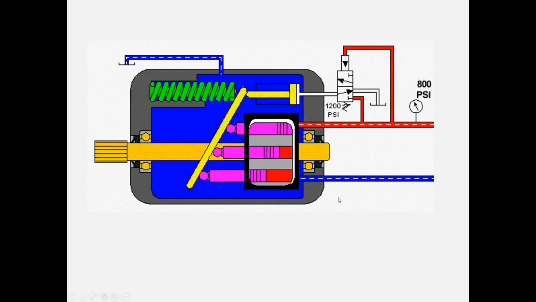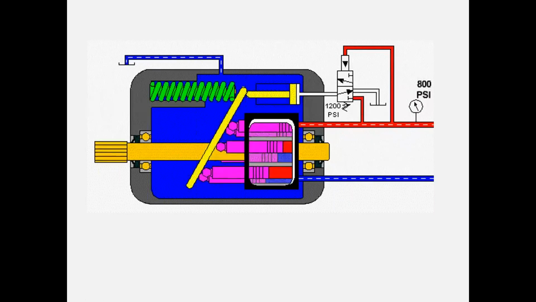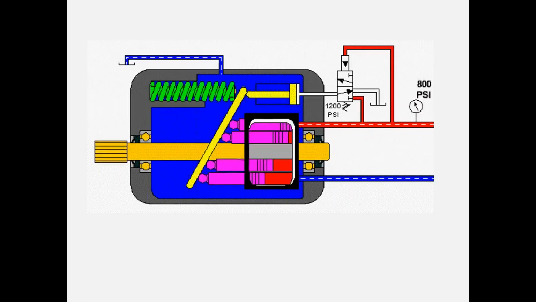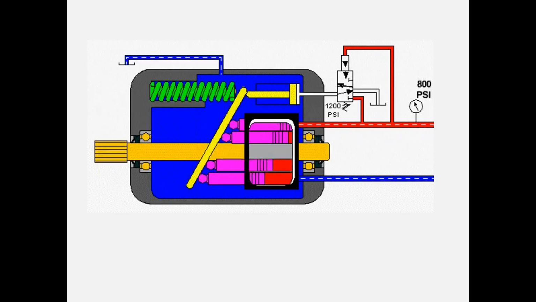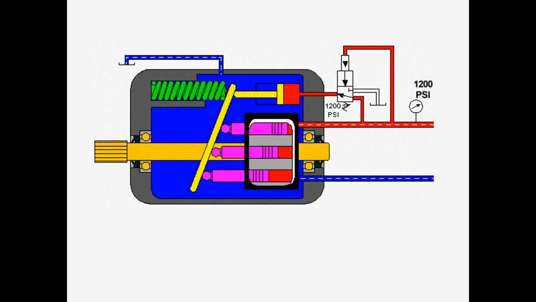Okay. So let's say that we've just turned our system on, pressure is building, we're up to 800 psi, the pump is going to stay at full stroke, and then we get up to the compensator setting. Our valve shifts. That directs pressure here to the destroking cylinder, reducing the angle of the swash plate and reducing the flow that the pump delivers, because now our pistons don't have as far of a stroke because of the reduced angle of